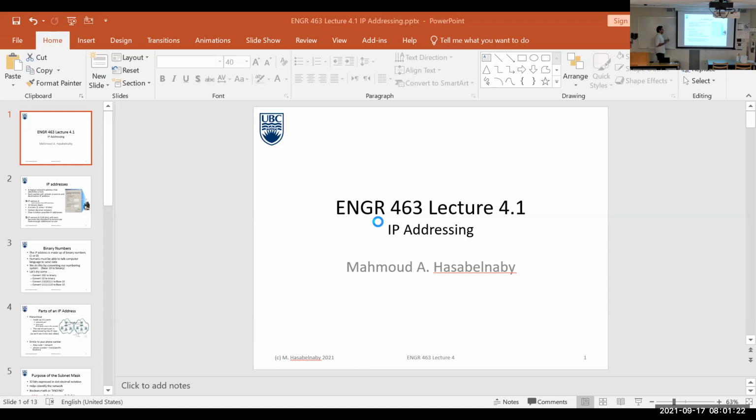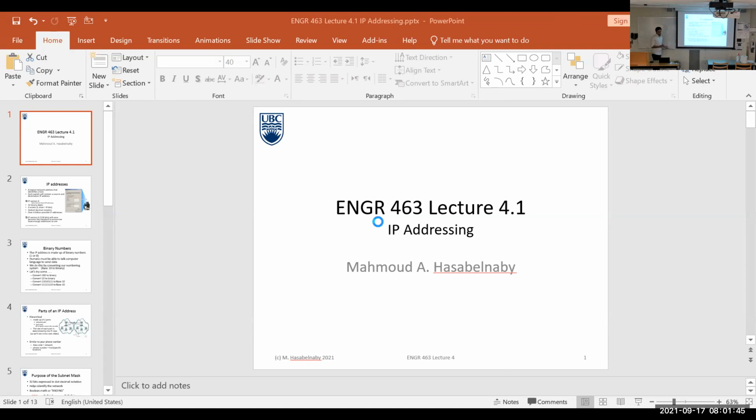So IP address is a logical network address that identifies a host. Here I use logical network address. If I say what is the physical network address, it will be